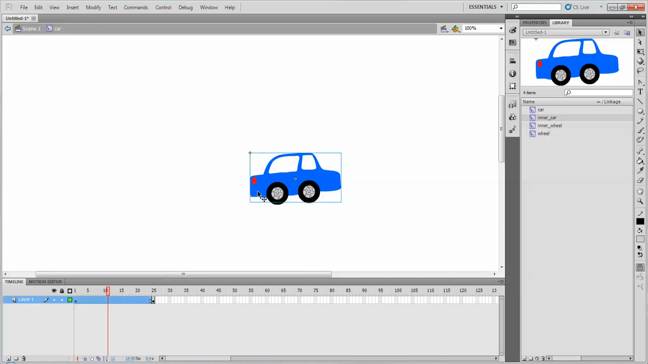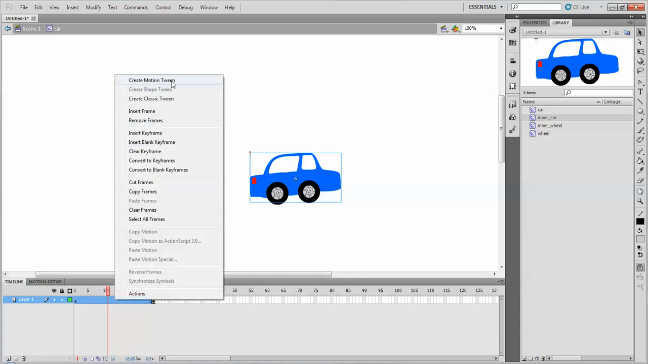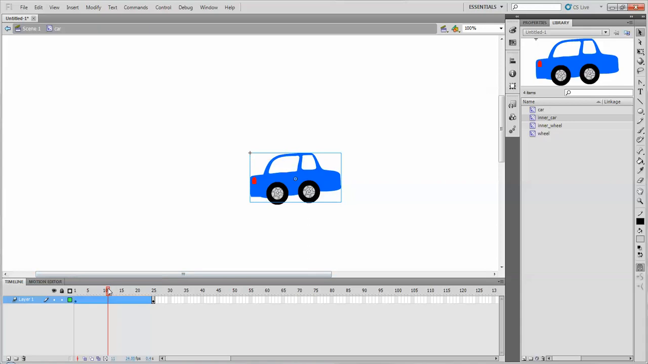So now that I have that keyframe there that's saving my location, anywhere in these 24 frames or on my car here, as long as it's within these 24 frames, you can see when I clicked on my car it selected that. I can just right click and say create motion tween. Like I mentioned, I'm going to bring my playhead about halfway in, and I'll just drag my car up just